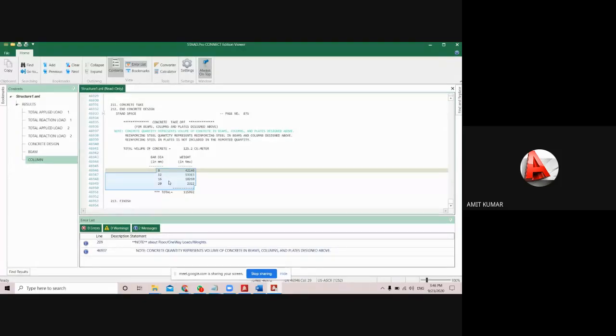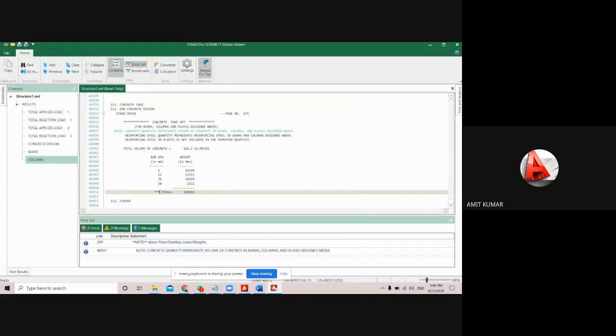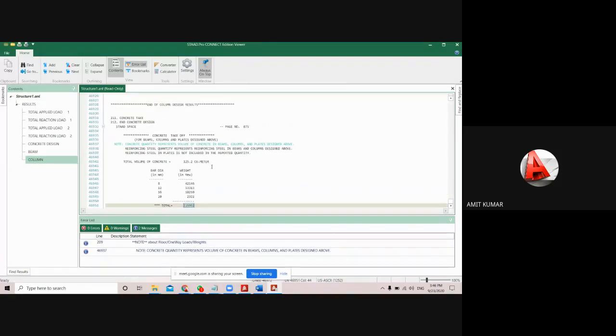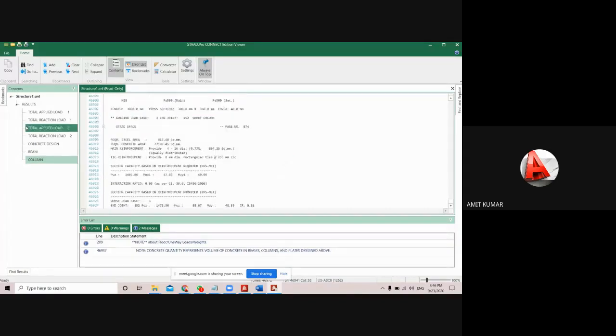That means here you can get the weight of each bar in the tabular form. So from the total value, you can guess the cost of the total bars also, it will change place by place. तो हर जगह के लिए आपका अलग अलग कॉस्ट होता है. According to that cost you can calculate the approximate cost of the steel bars. Same you can get the costing of the concrete also from this option, and from the top value you have the total weight of the structure also.